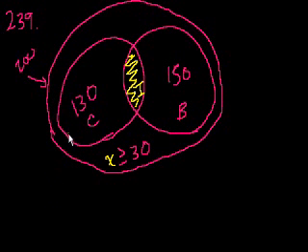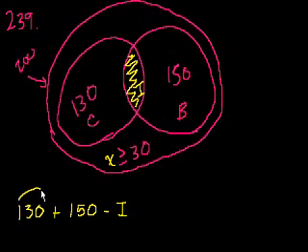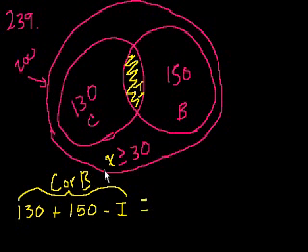It would be 130 plus 150. And remember, we've done this a couple of times with these Venn diagram problems, if I count these 130, and then I count these 150, I've counted this intersection twice. I counted it with the 130, and I counted it with the 150. So I have to subtract out the intersection once. So these are the number of people who are in chemistry or biology or both. And now we know that that has got to be equal to